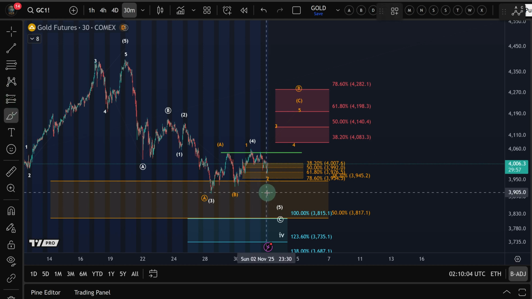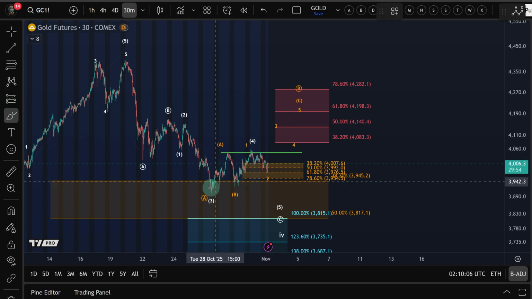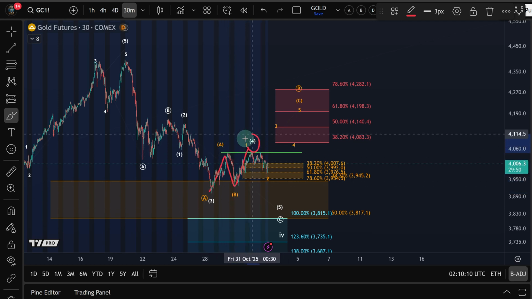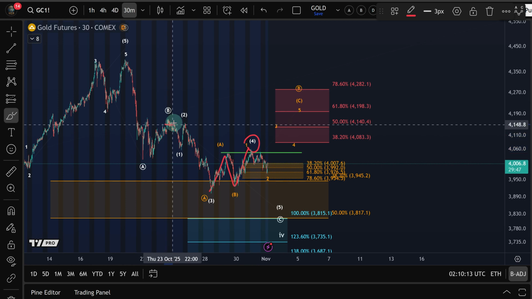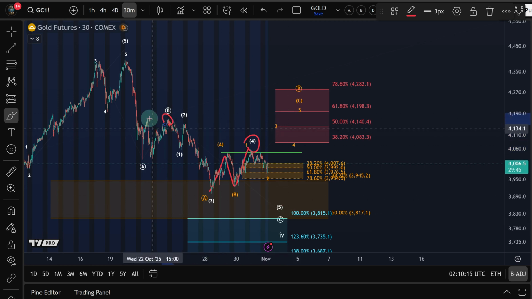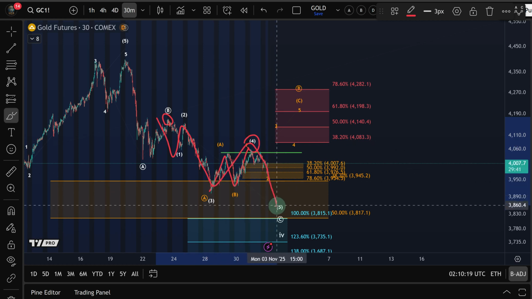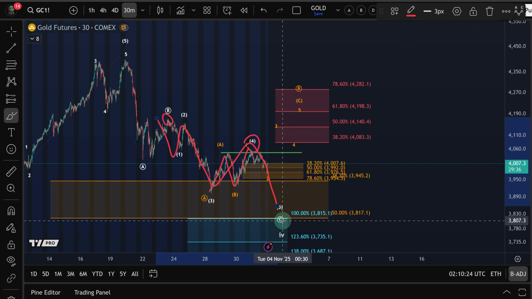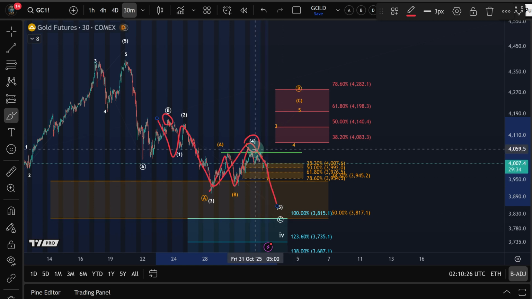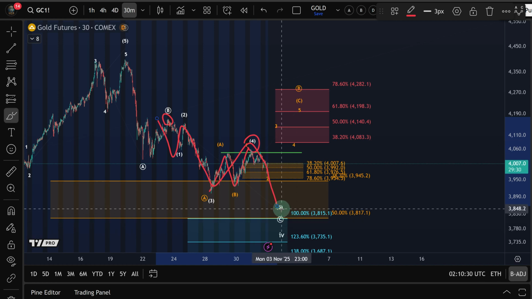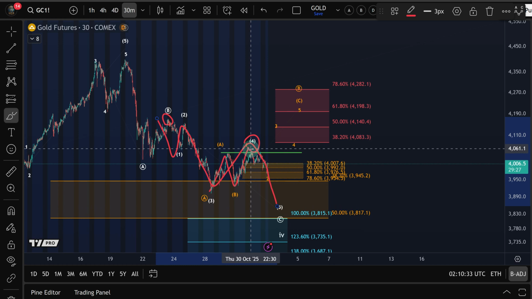The first one is that this bounce is simply an ABC structure in wave 4. And as I said, a C wave down, which started up here, should ideally be 5 waves. 1, 2, 3, 4, 5. So we could easily get like 1 more low in wave 5 of C. But I have to say, to keep this perspective alive, the market should ideally hold below the 30th of October